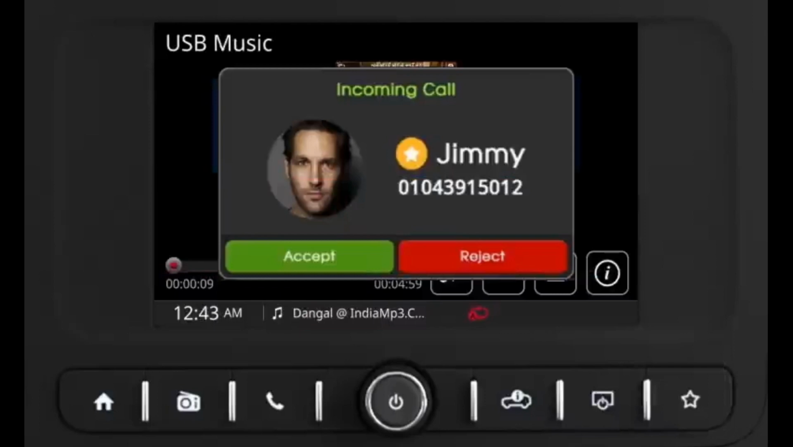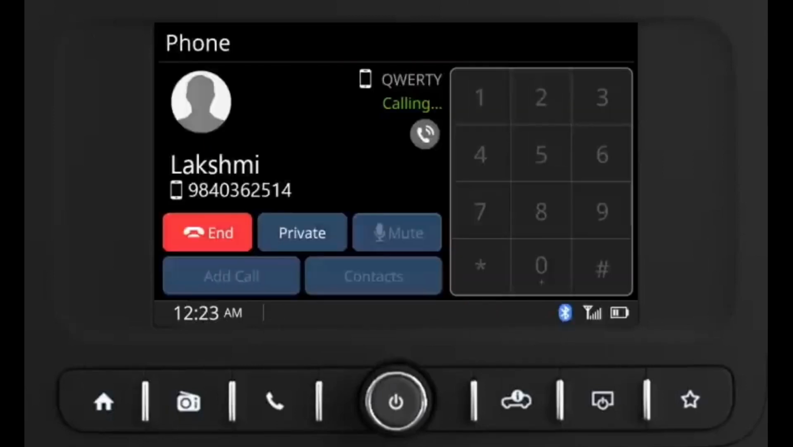Attending or rejecting the incoming call. On getting an incoming call, the screen will display the name of the person calling if that contact is already stored, else it displays the number. The call can be answered or rejected by touching the Answer or Reject tab on the screen, or by pressing the Call Accept button either in the audio fascia